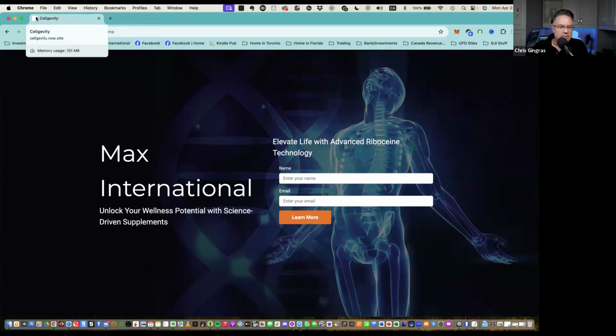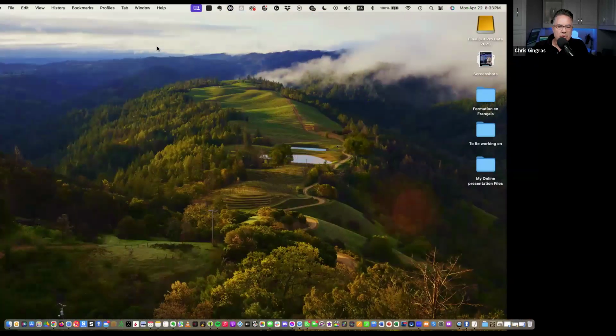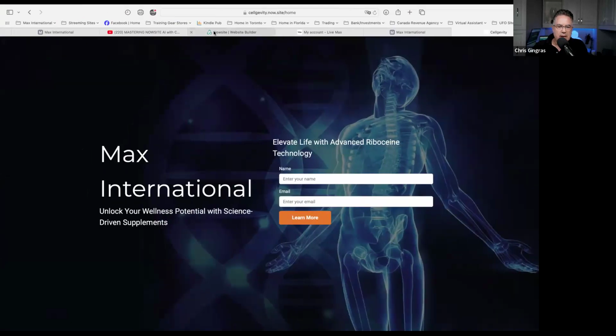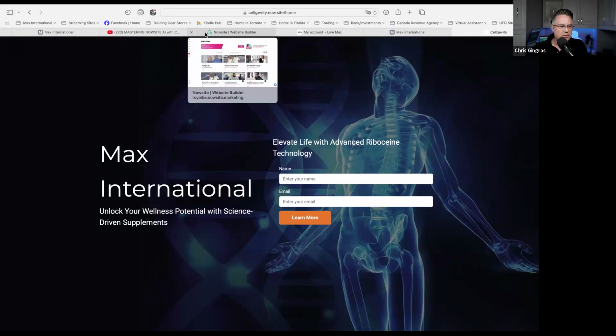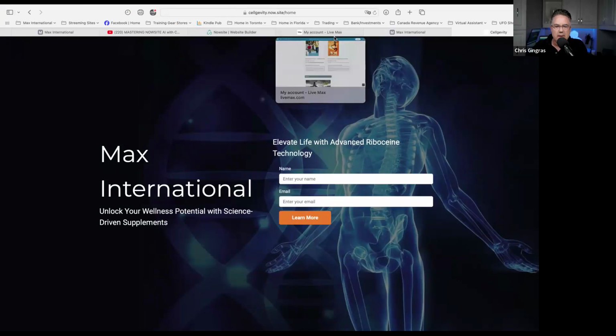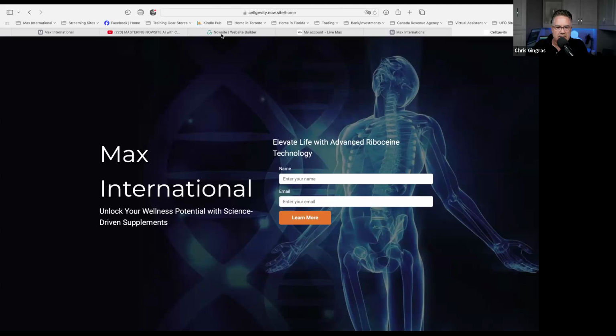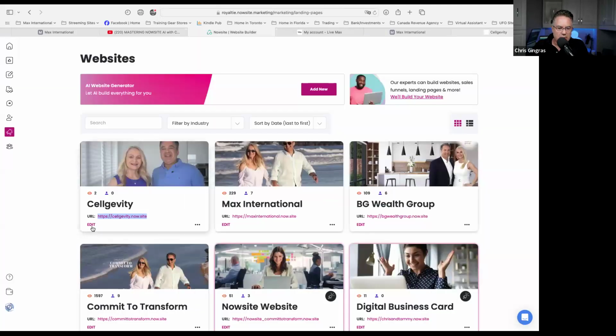So there's something wrong with the image that I chose. Otherwise, if you don't put an image by default, what's going to happen? It's going to show you the default icon of the Now site. Okay, so you want to be kind of consistent with your brand, and that's the reason why I'm showing you guys that. Okay, so if I go back to edit,